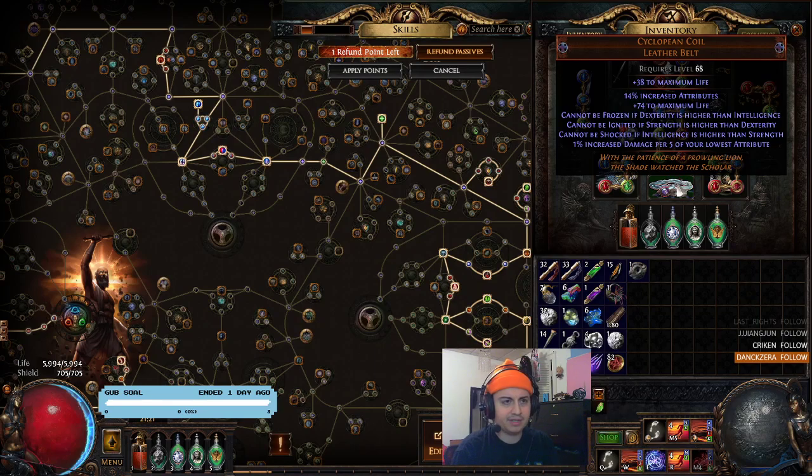And then finally, I invested in a Cyclopean Coil because the percent increased attributes and the percent increased damage per 5 of your lowest attribute are really good for the build. Attributes will bring up, it also has a nice bit of life on it. Unfortunately, we are already immune to Frozen, Ignite and Shocked, so you can ignore all 3 of those. Don't worry about those at all. We're only interested in the increased damage per 5 of your lowest attribute and a bunch of life as well